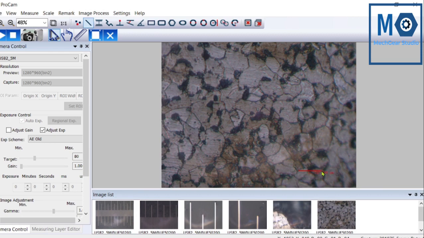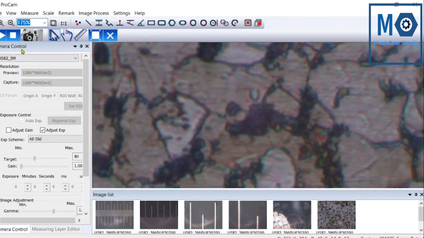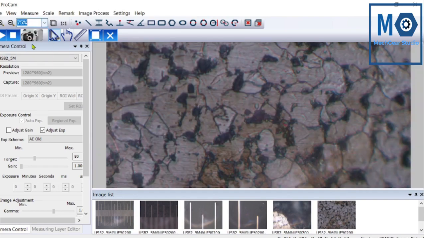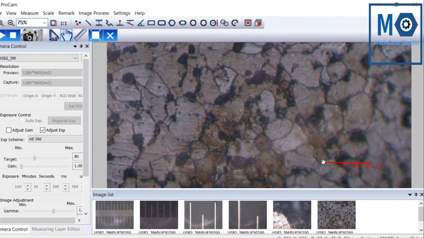Here we will see the application of this scaling. We will draw a small line at any corner. Almost it is available on the right bottom corner. There are no rules for drawing any line length. Whatever may be the line length, it will indicate the entire image size. Suppose here it is available in pixel, we have not selected scale. It is available in pixel.